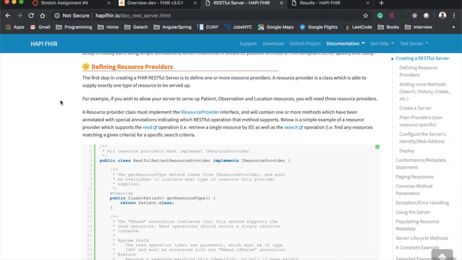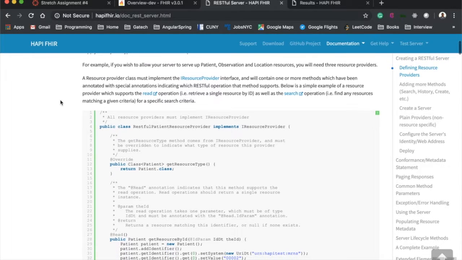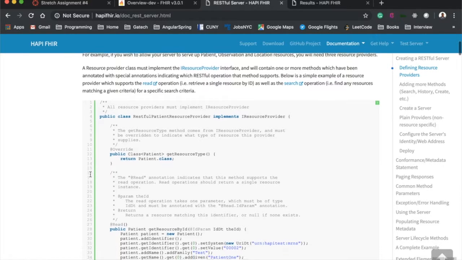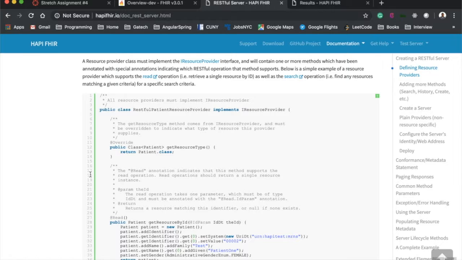So first we will define the resource provider. The first step of creating the RESTful server is to define one or more resource providers. A resource provider is a class which is able to supply exactly one type of resource to be served up. For example, if you wish to allow your server to serve up a patient, observation, and location resource, you will need 3 resource providers. A resource provider class must be implemented